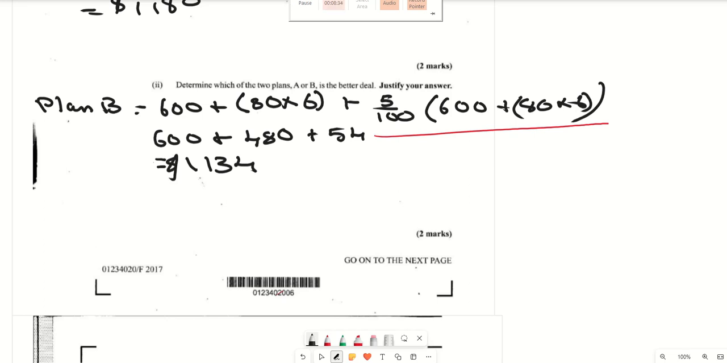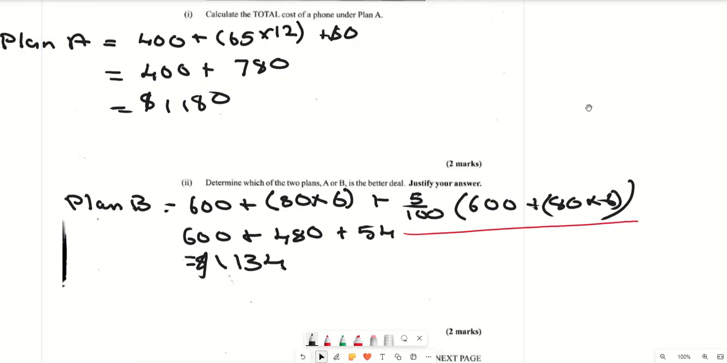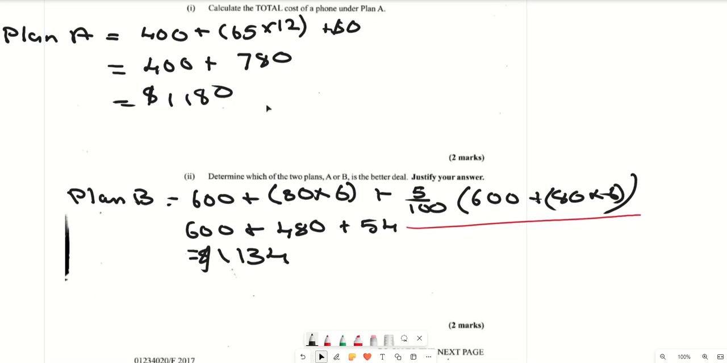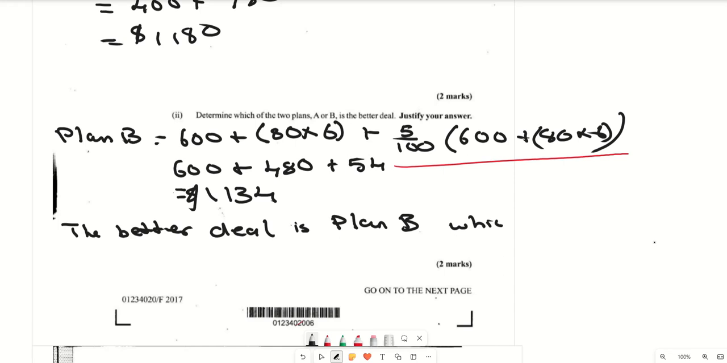Now, if you look at plan A, it is costing $1,180. Obviously, plan B is cheaper, right? So the better deal is plan B, which is smaller in cost